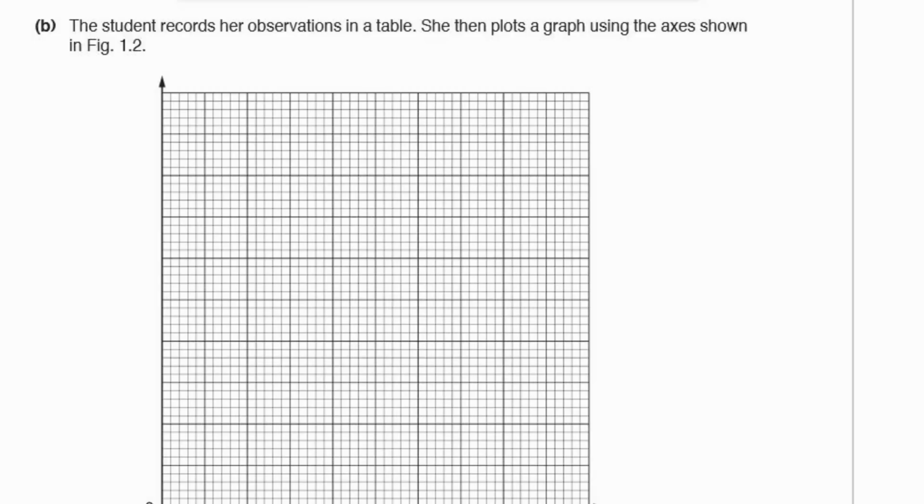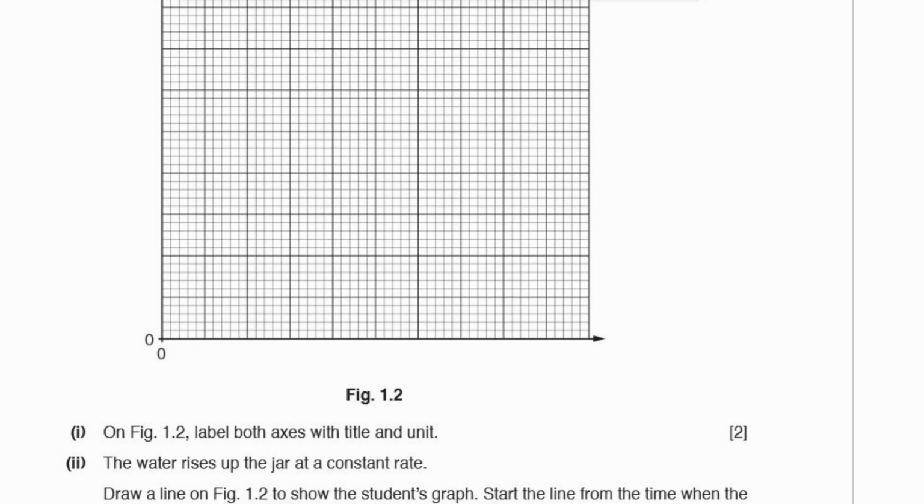Part B. A student records her observations in a table. She then plots the graph using the axis shown in figure 1.2. Label both axes with a title and a unit. Alright, well,